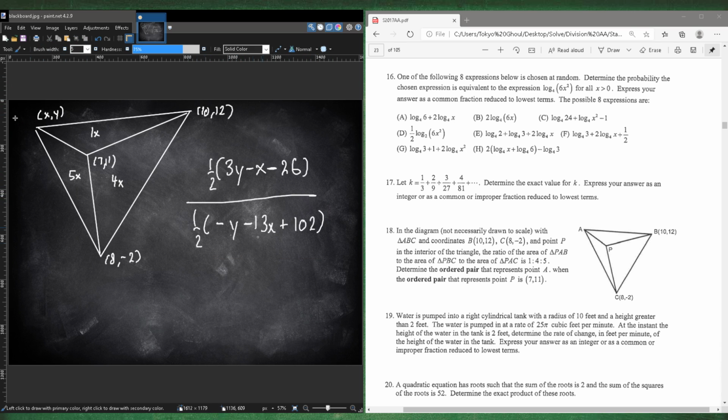So this area divided by this area is 1 to 5. So cross multiply, we don't need the 1/2 because they cancel each other out. So we have 15y minus 5x minus 130 is equal to negative y minus 13x plus 102. So that means 16y plus 8x is equal to 232. Okay,